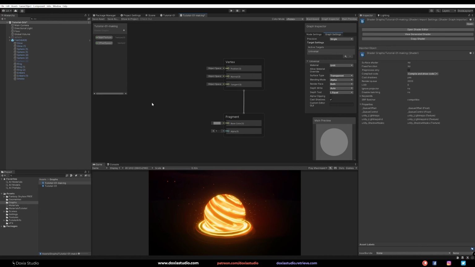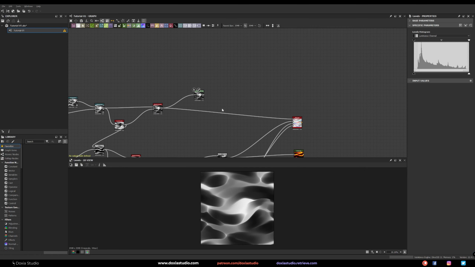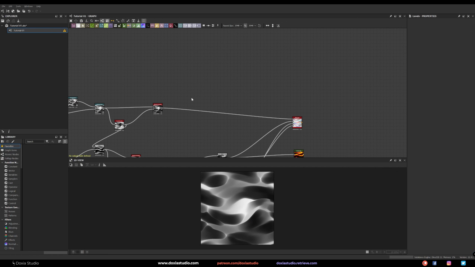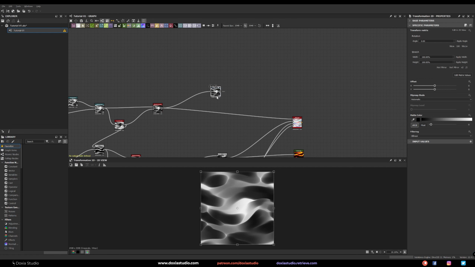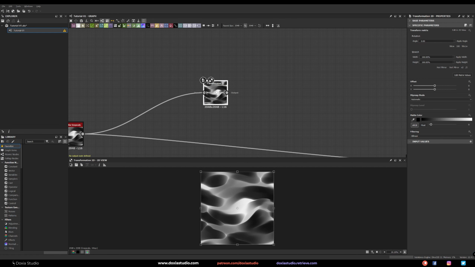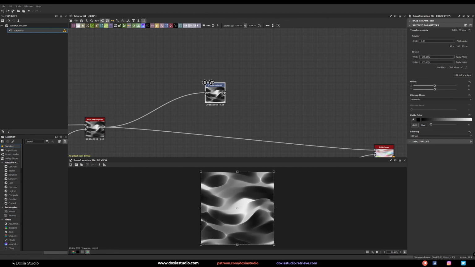You can do something really cool here. It's called tiling. For example, here in Substance Designer, let me show you what I mean. You want something to control the size of your texture. It's the same as coming here and using a transform.